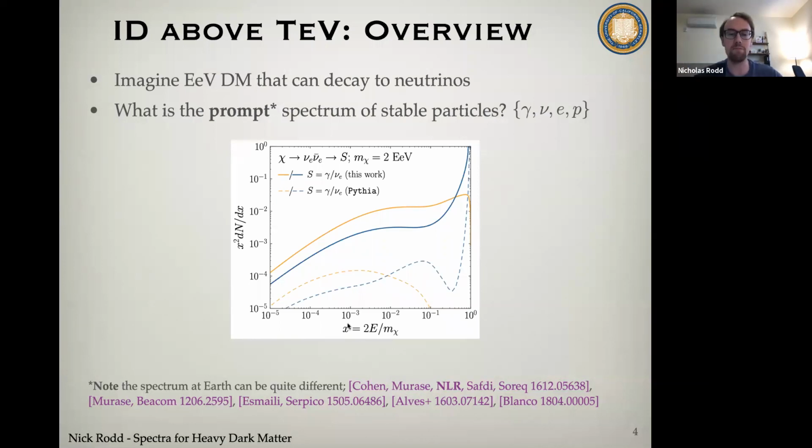So this is the spectra in dimensionless units. I'm showing you the energy fraction of the dark matter carried by either the neutrino or the photon on the x-axis in logarithmic units. And then on the y-axis, I'm showing you the spectrum, or the energy squared weighted spectrum. And again, you can roughly think about this as, what is the probability of producing a photon at this particular energy, essentially, or a neutrino.